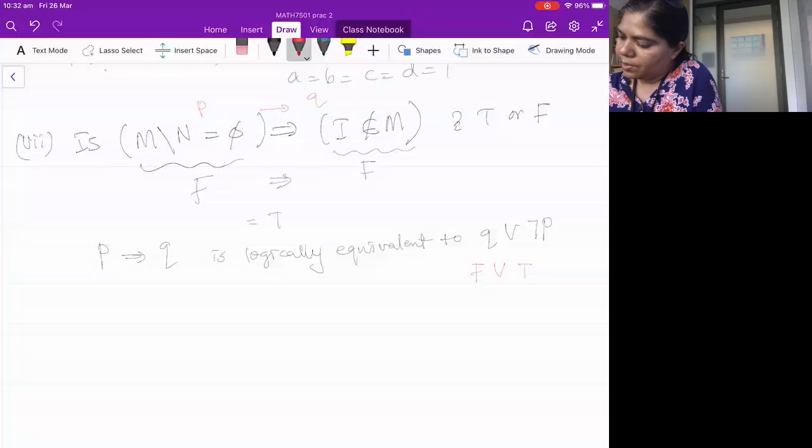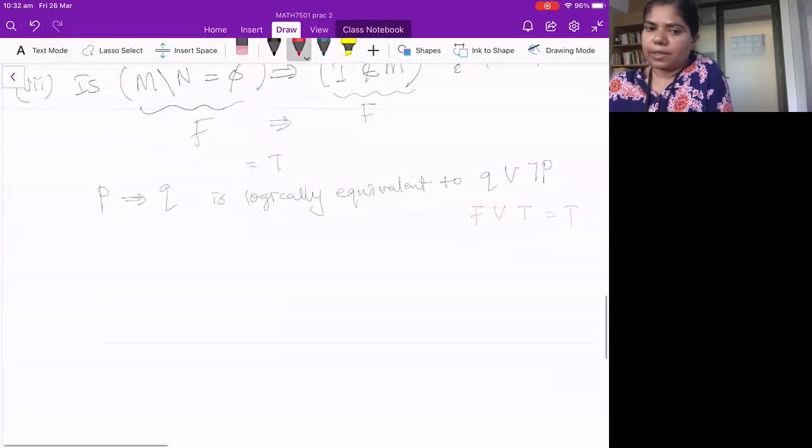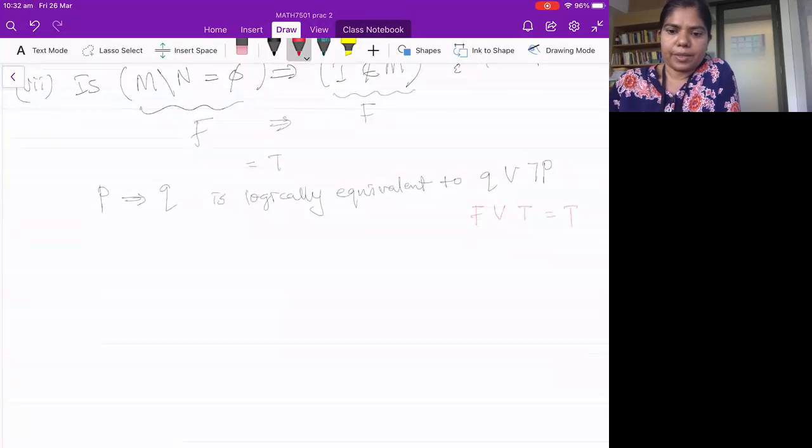This is equal to true, because if this one is true, that's true. Then the next one